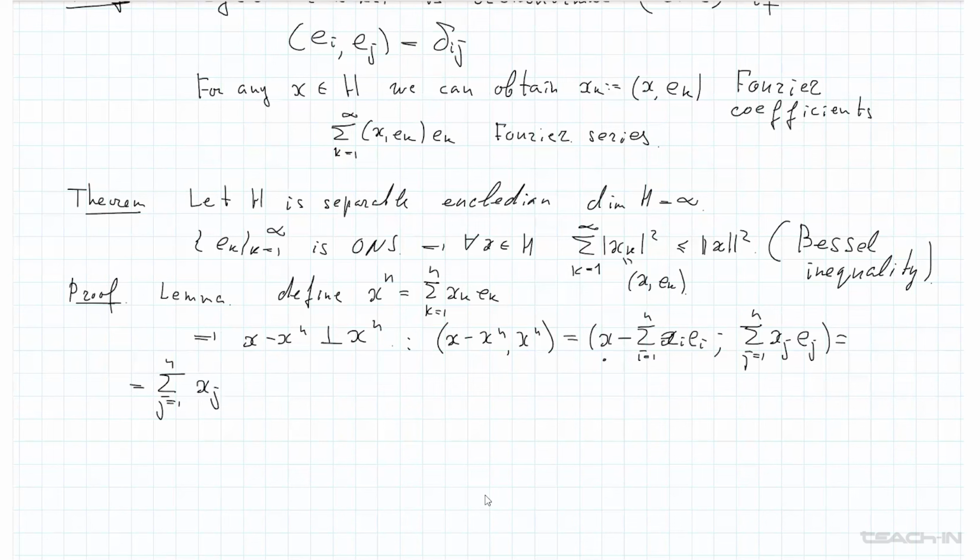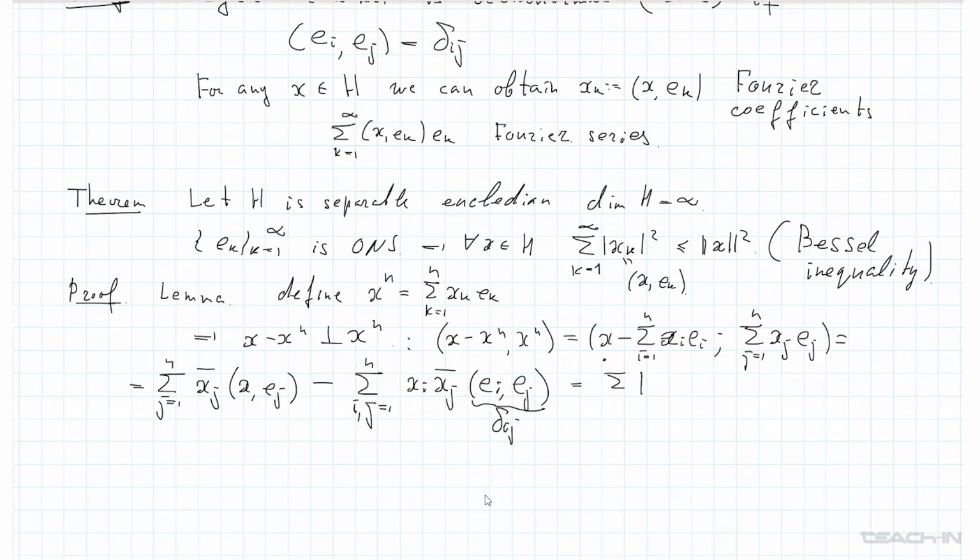So x_j conjugated will be, and x here j. And the second sum for i and for j from 1 to n, and we have x_i, x_j conjugate, and the scalar product between two elements from an orthonormal system, and we know that it is the Kronecker symbol delta_ij, so we obtain